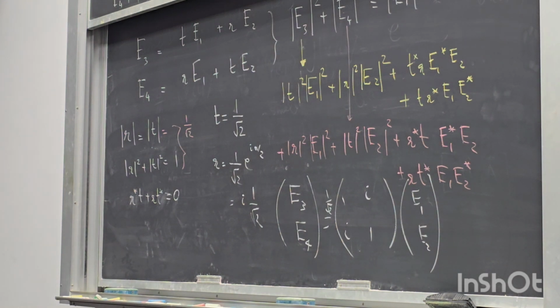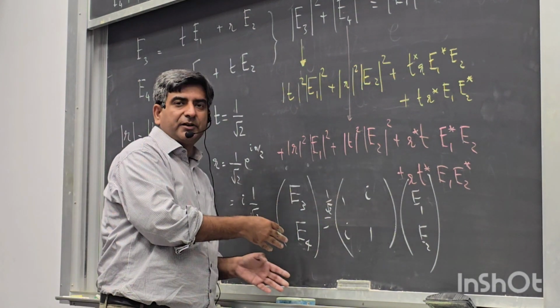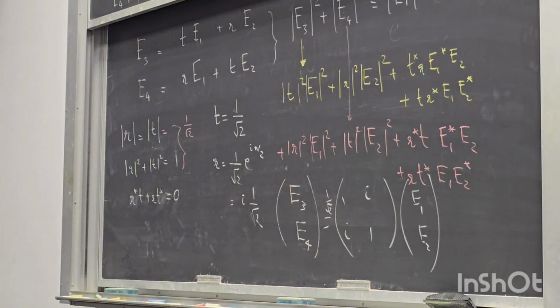In fact, we can also invert this. We can find the inverse of this and express E1 and E2 in terms of E3 and E4. If I were to take the inverse of this matrix,